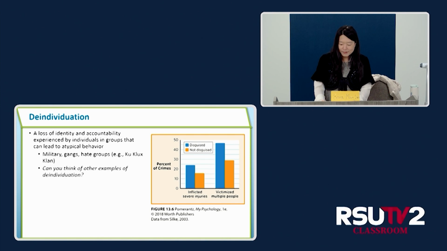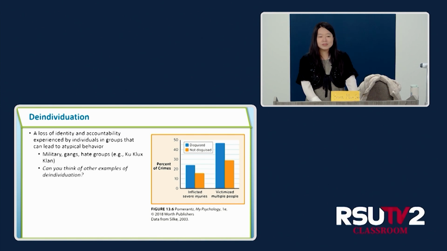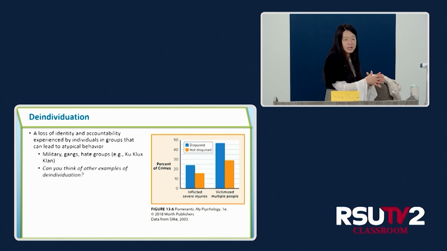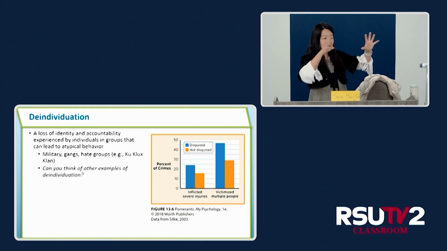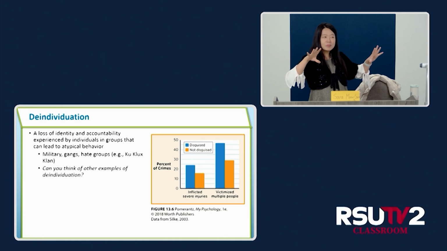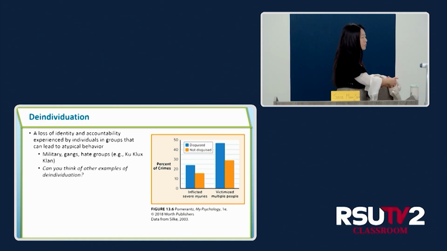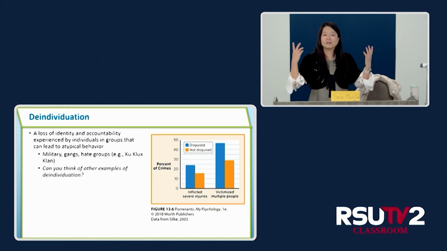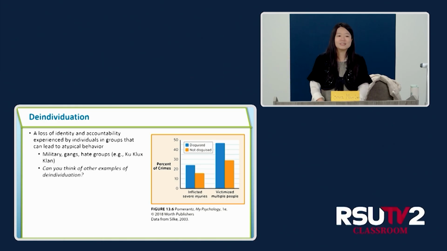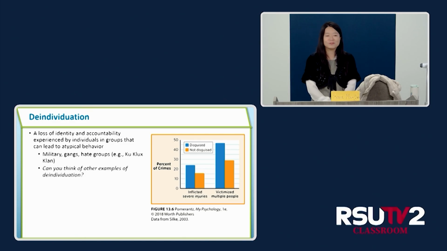Yeah. So any experience where you felt de-individuation? Maybe you are not going to do that by yourself when everybody is aware of you, but probably in a group of people, you did the same thing, maybe more bold behavior. Any experience you would like to share? No experience really, but I could say there are some examples of